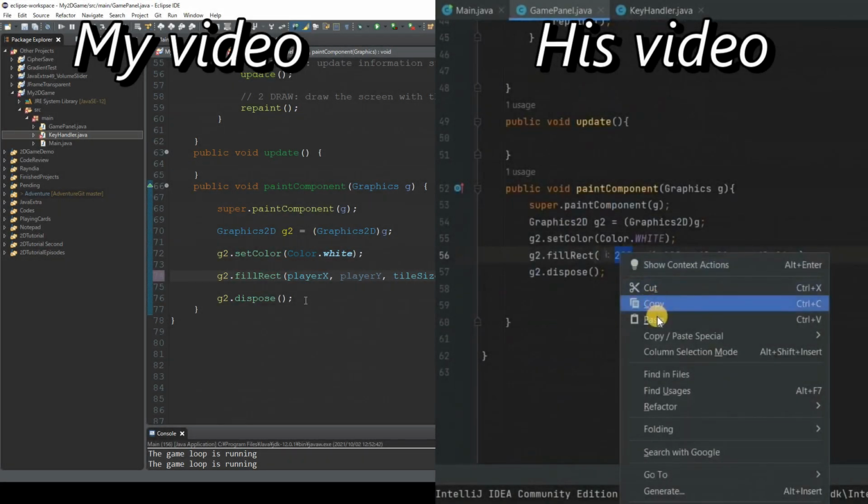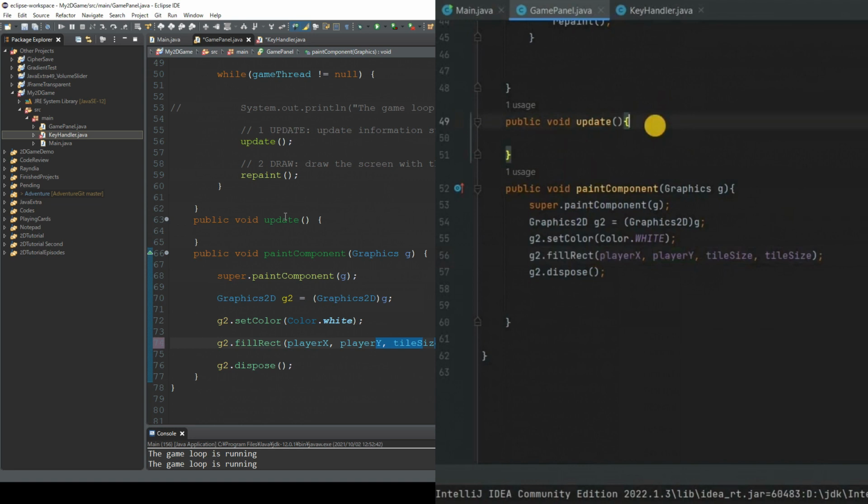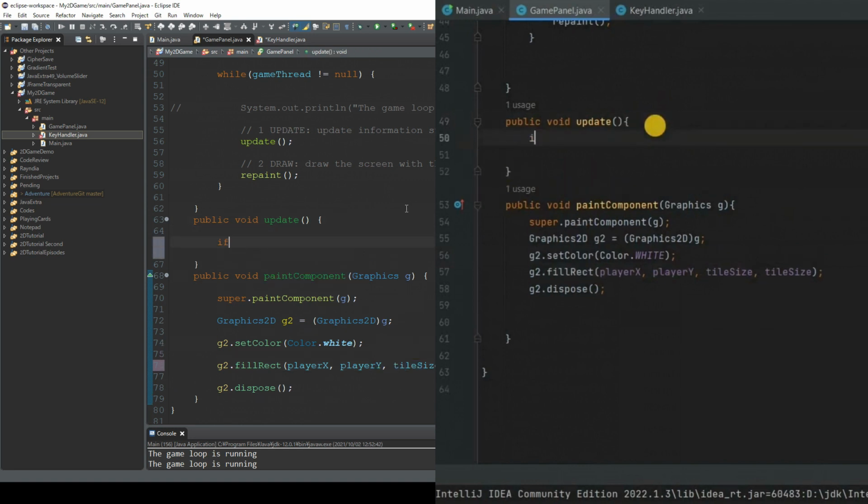Player Y here. So now these are not fixed number but variables. So inside of this update. So if